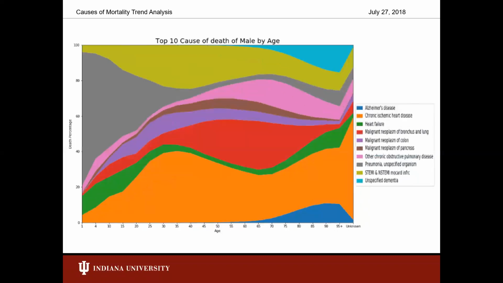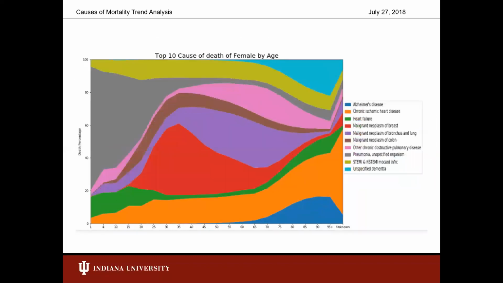It's another look at the same type of stacked chart, but this is focused on the male gender. So as the age scale increases, the area under the chart also changes for each type. Chronic heart disease, which is in orange, takes up the majority of the area beyond all the other categories here. So it's the most prevalent mortality cause for males. Females are similar. We have malignant neoplasm of breast, which is essentially breast cancer, as one of the leading causes, but heart disease still overtakes that in the orange.